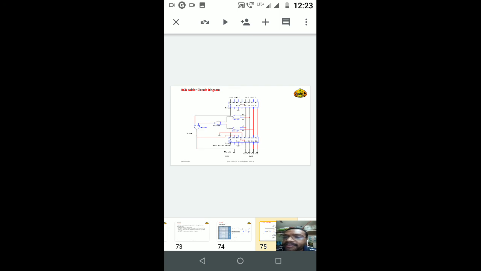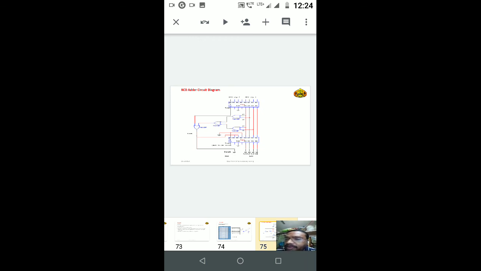If the result is not greater than 9 or no carry is generated, then the result stays the same, and no operation is performed. But if the carry is generated or the result is greater than 9, then you perform this operation, using the two AND gates and two OR gates, and the output of this logic is connected to the second BCD inputs,